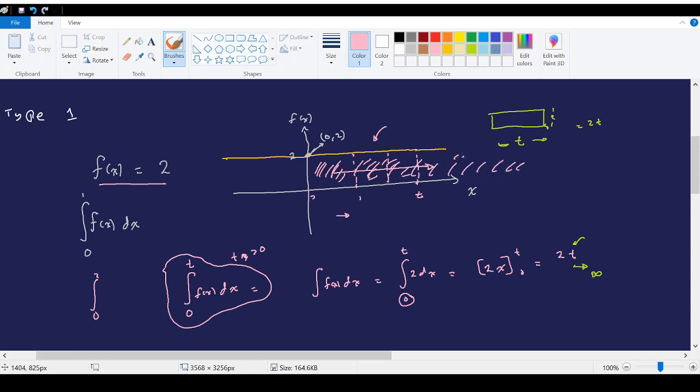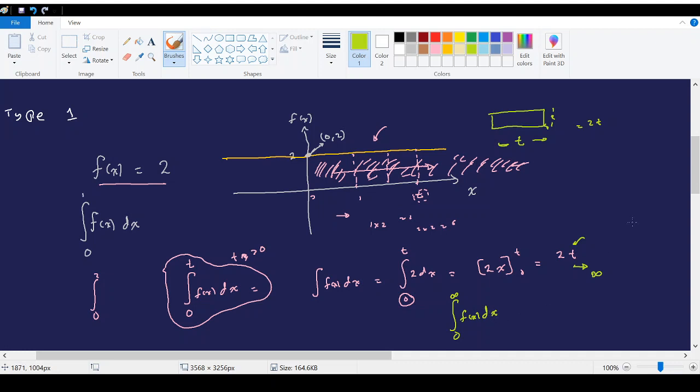Can you make a guess of the area in that region? Now if t is only 1, the area will be 1 times 2, just by considering the rectangle, which is 2. And if it is, let's say 3, it will be 3 times 2, which is 6. So when t increases, the area will also increase, and to find the exact value for this integral expression,